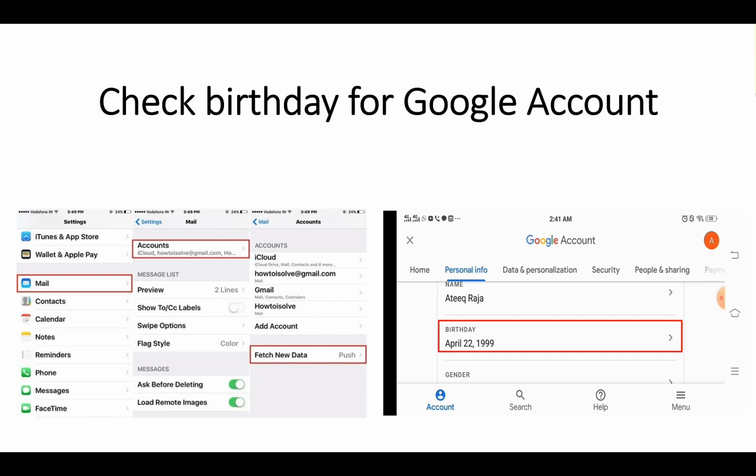Okay. So to check the number of Google accounts or whatever accounts are added to your mobile, go to your mail accounts and you can see the number of accounts that have been added. You can check from your mobile right now. You can just note it down, the slide will be shared. So that's how you can check the number of accounts added to your mobile. And you can ask your kid why there is a new Google account added. So that's one thing for checking the birthday for the Google account.